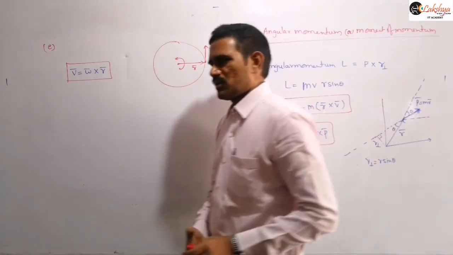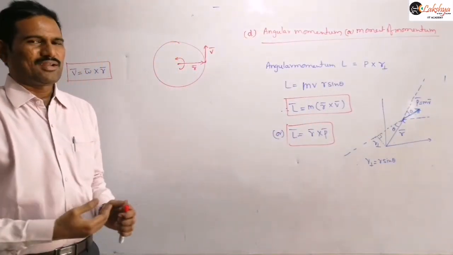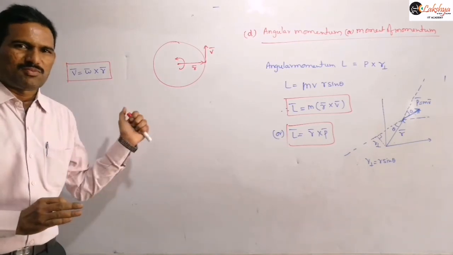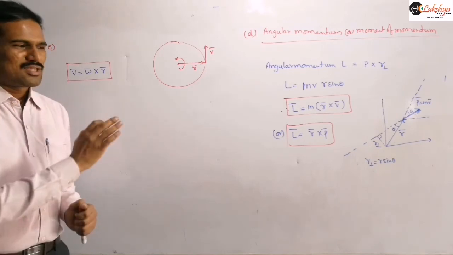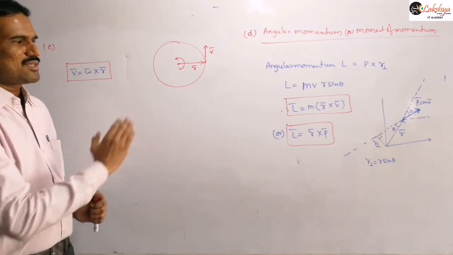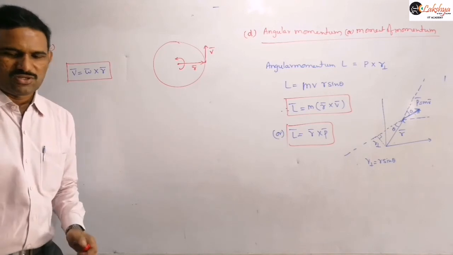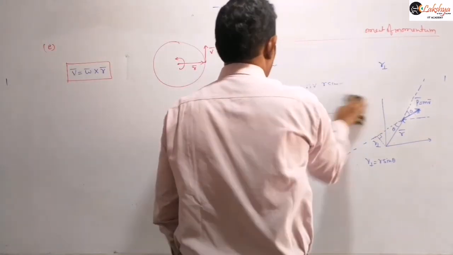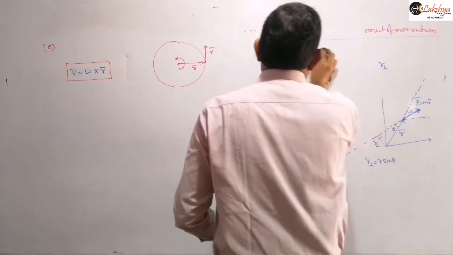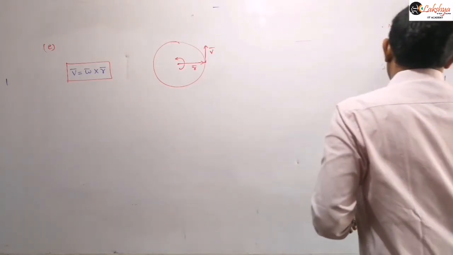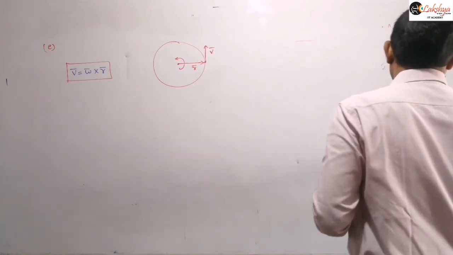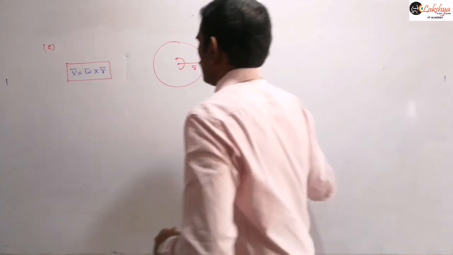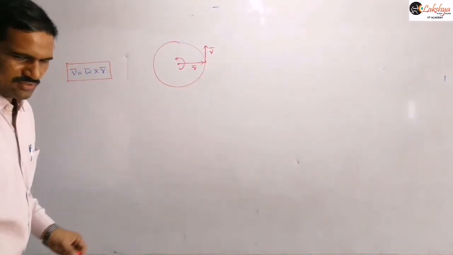When you come to rotatory motion, you will get the detailed definition and information about angular momentum and torque. Here you just need to remember that they can be expressed as a cross product of those two vectors. Another applications are there, and I will complete those too, like finding the angle between two vectors with the help of the cross product of these vectors.